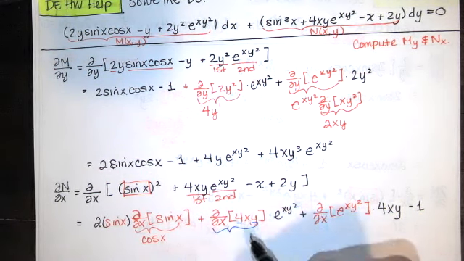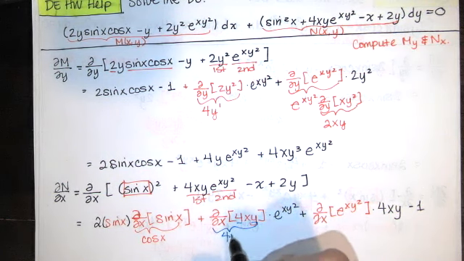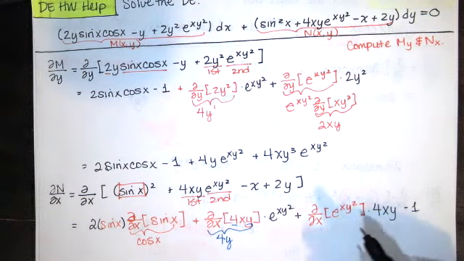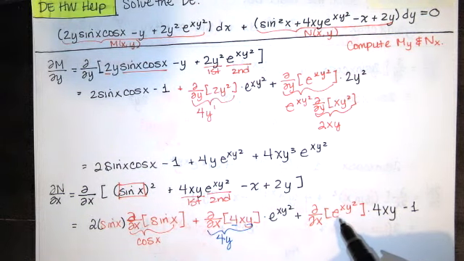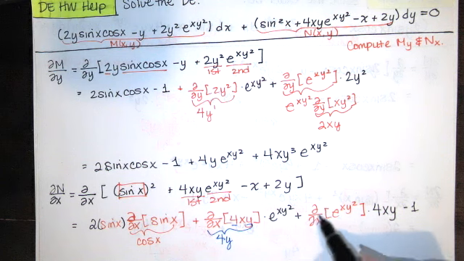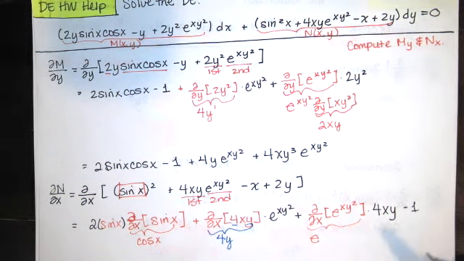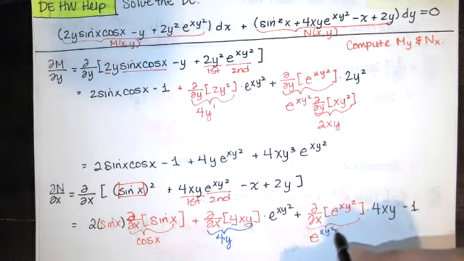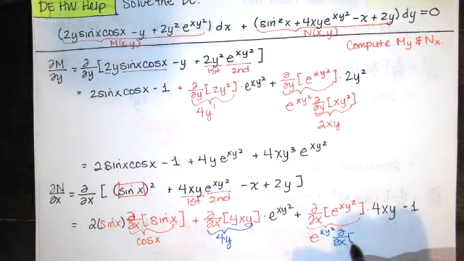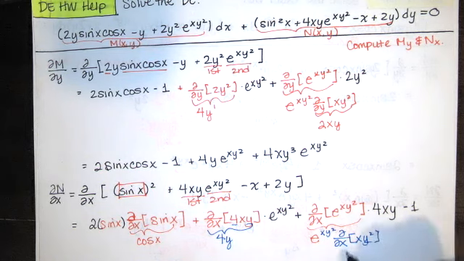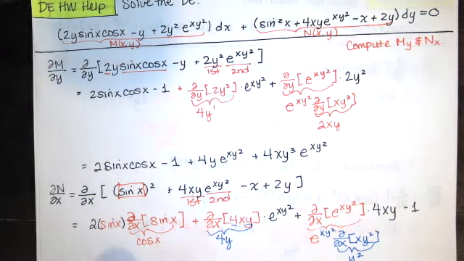So the derivative of a constant times x is the constant. In this case, 4y is playing the role of a constant. And then over here, I've got the derivative of e to some power, and that power depends on this variable. So we get the derivative of e to that power is e to that power times the partial derivative of the inside with respect to x, treating y as a constant. Well, again, that's a constant times x. The derivative of a constant times x is just the constant. So we get